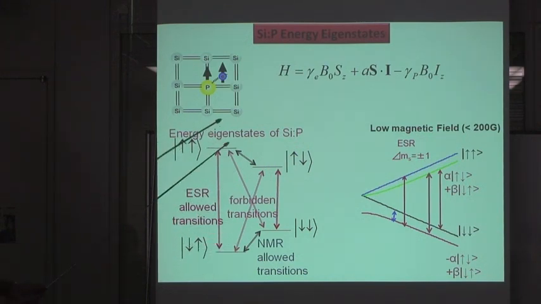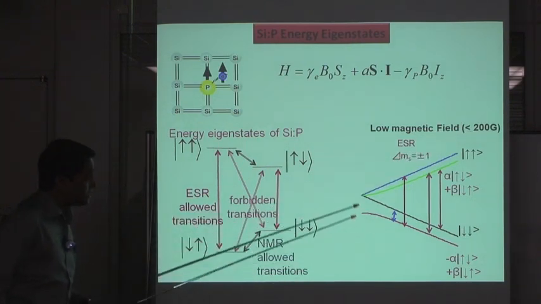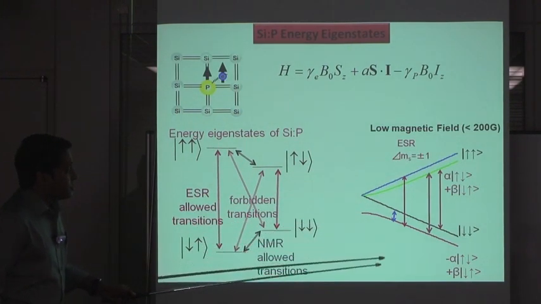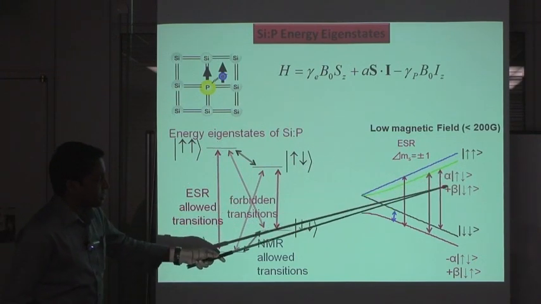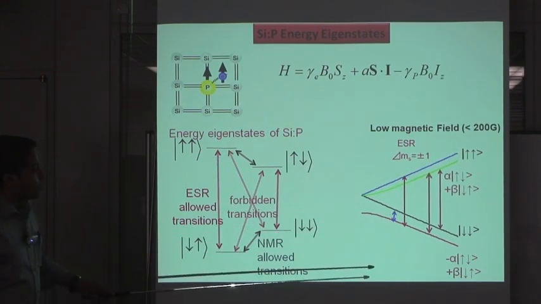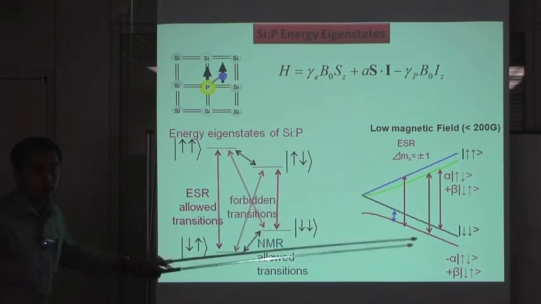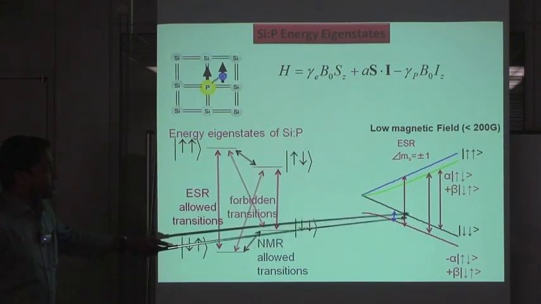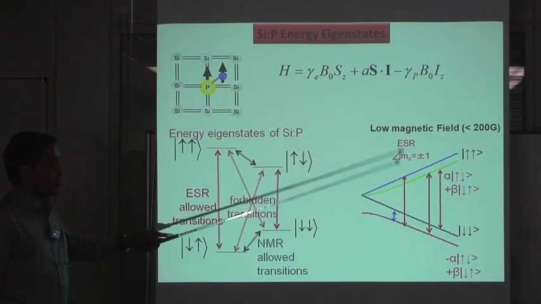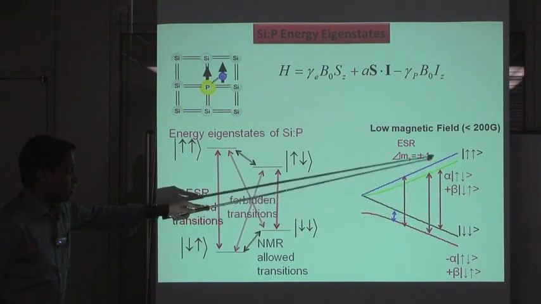But now if you go to low magnetic field, that is below 200 Gauss, in this condition, we no longer have pure states, but a superposition state, something like this and this. So what was earlier a forbidden transition now becomes an allowed transition. I mean, you can see this signal. So we try to detect this signal in our sample, the forbidden transition, and we can also detect the ESR